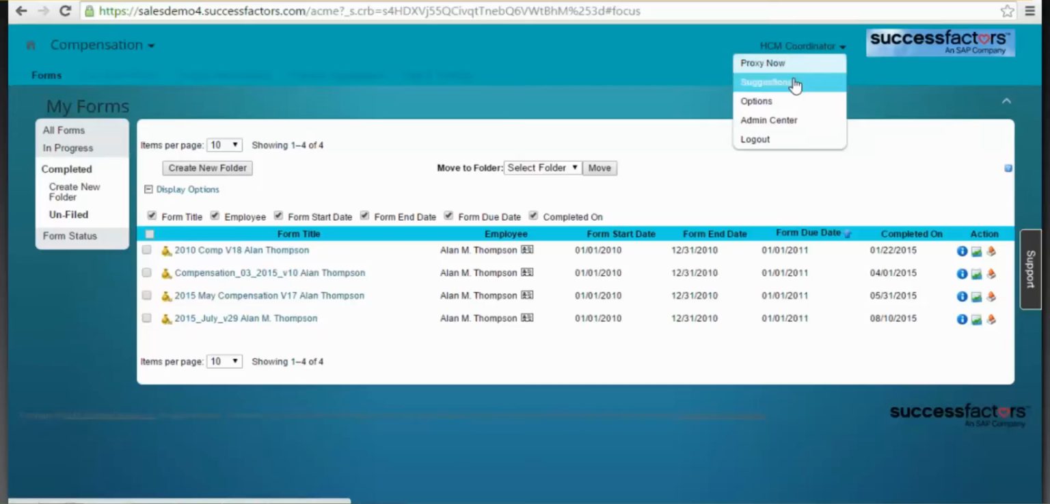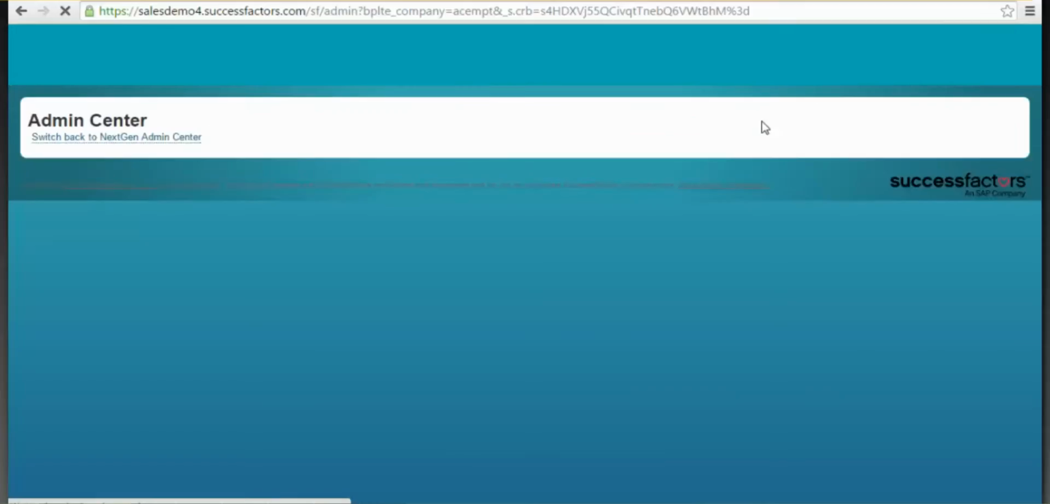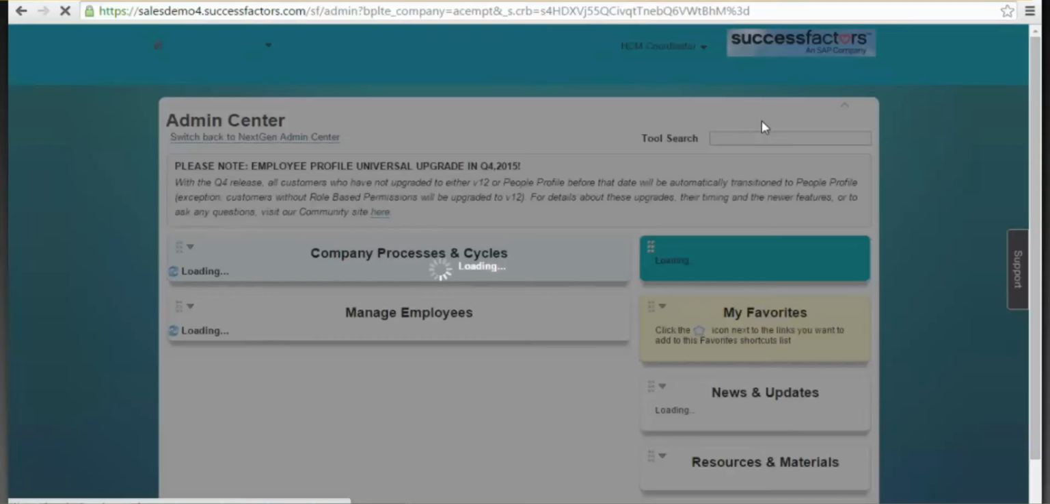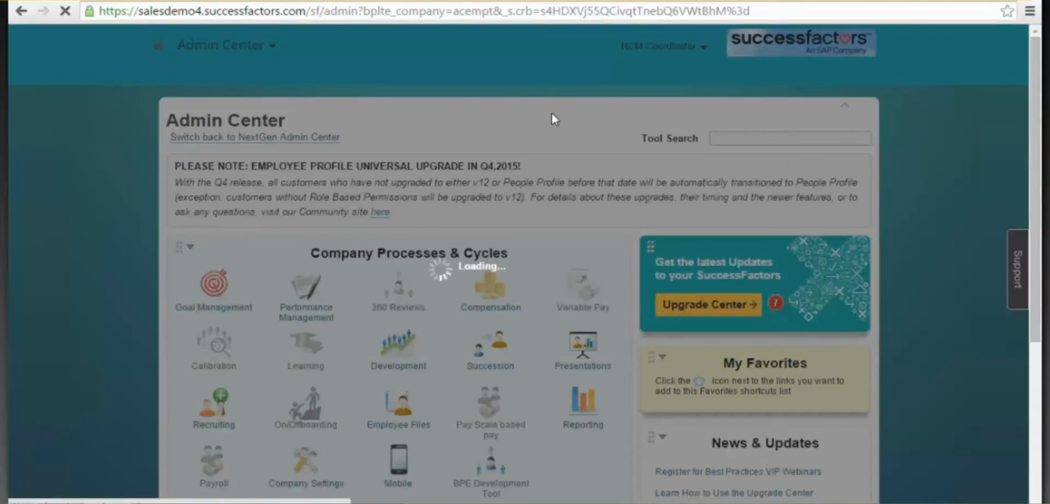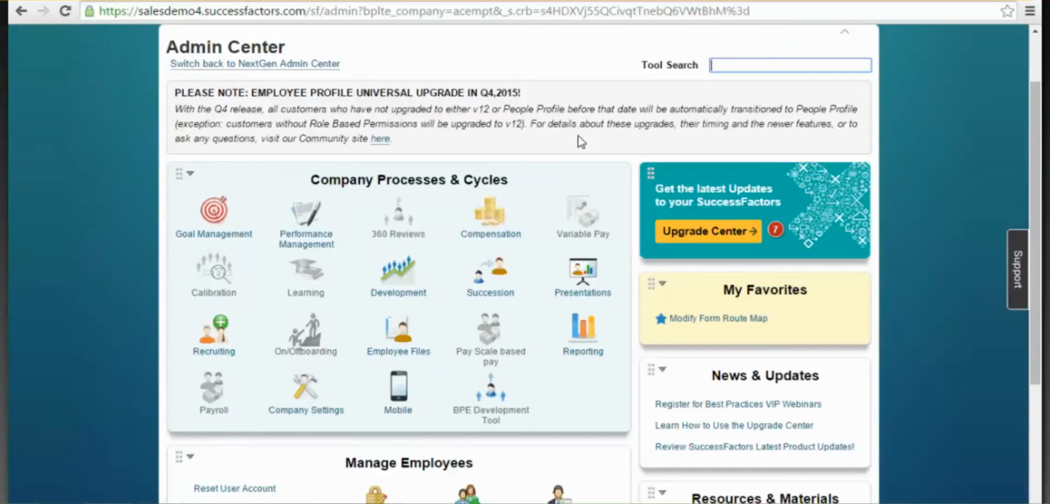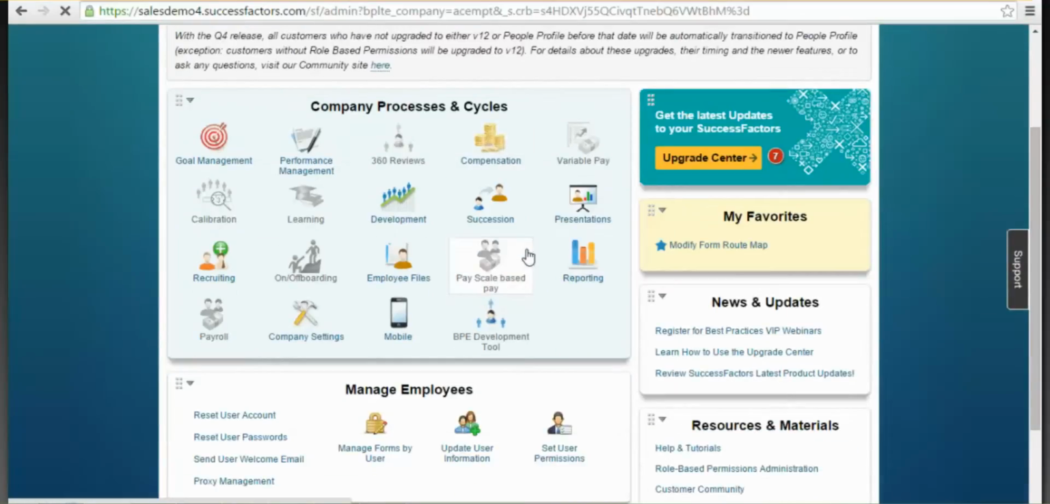Okay, so let's go to our admin center now. I don't know who renamed it to admin center from admin tools, but that's fine. So in the admin tools, if you go to your compensation,